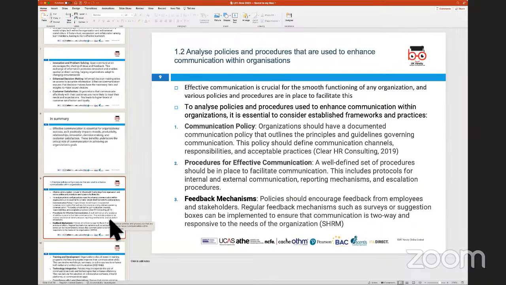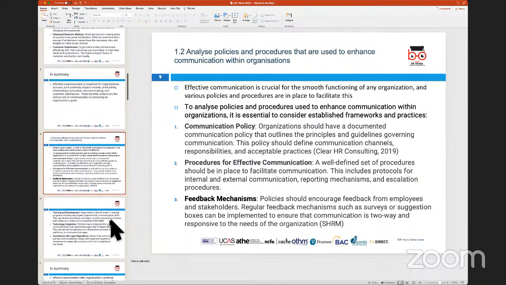Nobody can come in and challenge to say this is not there or this is not done, because that is already documented as a procedure or as a policy and communicated to all employees, and they've been asked to go through that or get training on that when they started work in the organization. So they have a same or similar understanding on those processes, and that is why you would see the policies and procedures facilitate organized and effective communication.